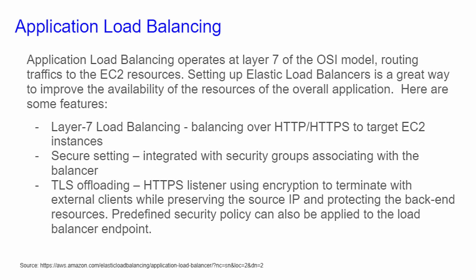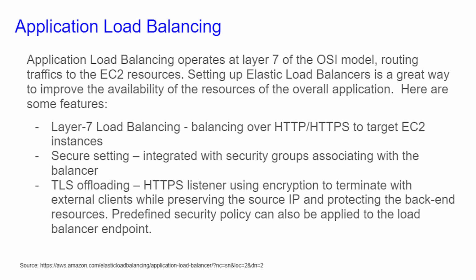Application load balancing operates at the seventh layer of the OSI model, routing traffic to the EC2 resource. Setting up elastic load balancers is a great way to improve the availability of the resources of the overall application. Some of the features include